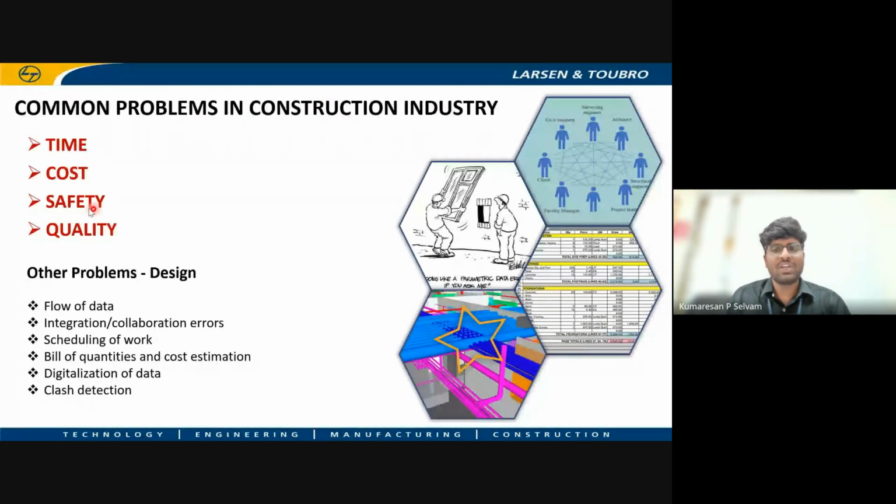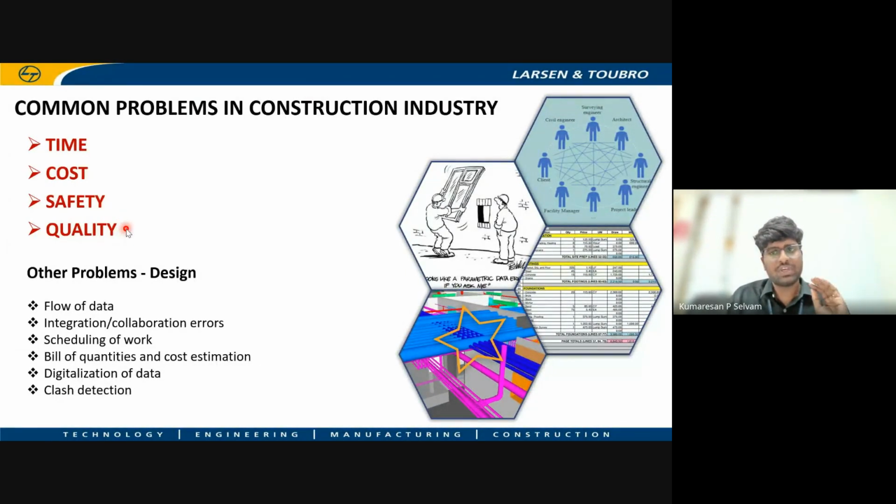And safety is the foremost in the construction industry, where all the safety precautions should be taken before starting the activity. But due to negligence of the people, and due to economic factors also, safety has not been considered in most construction sites. Whereas BIM can ensure safety at a site.